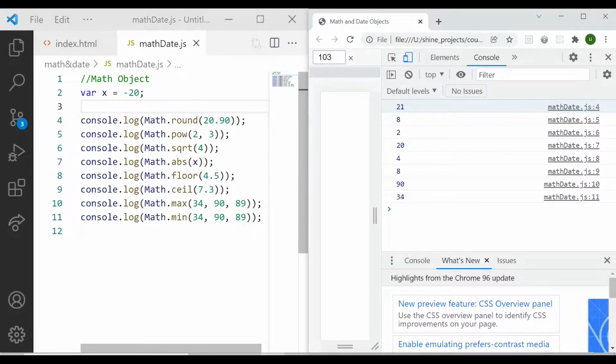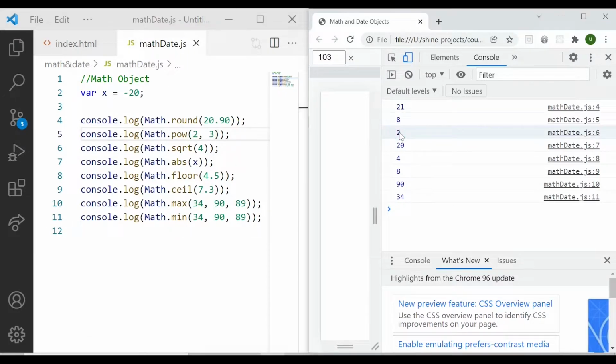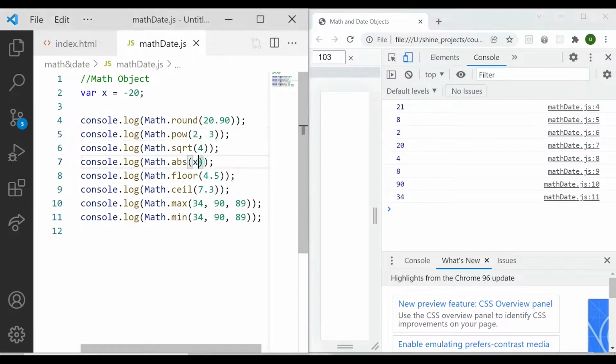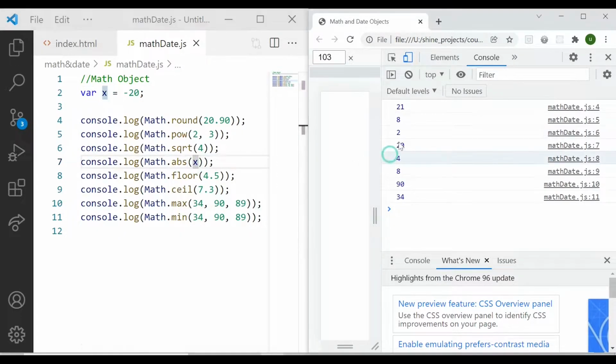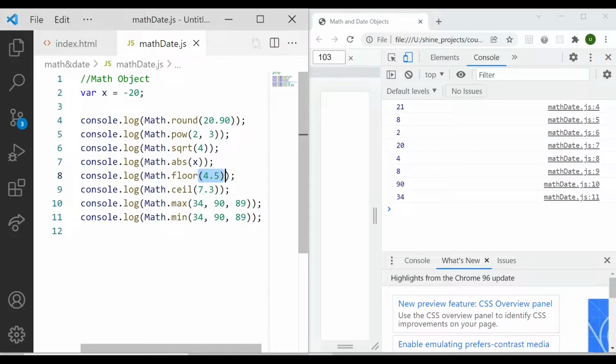Then definitely power of 2 to the power 3, that is 2 multiplied by 2 three times, is basically 8. Then we have square root. Square root of 4 is definitely 2. So that is the reason we got 2. Then absolute value. As I said, we are passing some negative value and this will fetch us the positive value. That is going to be 20, a positive value. Floor, basically, is going to return us the value rounded